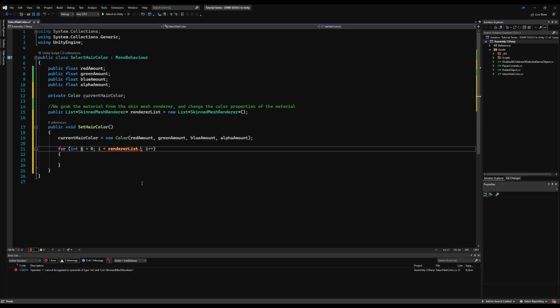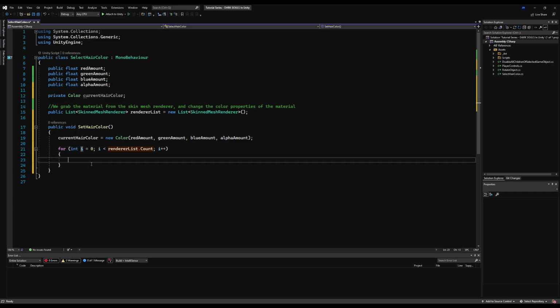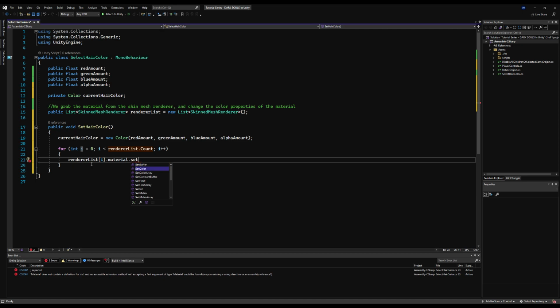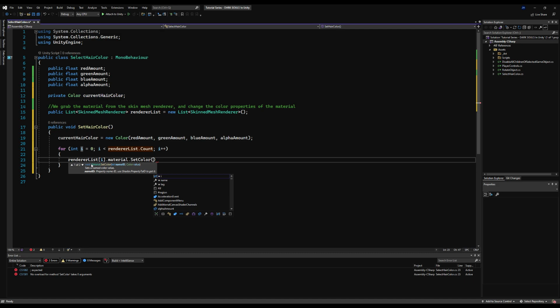So let's make a for loop, and we're going to go through everything in the render list. So for every item in the render list, you do that by saying renderlist.count. For every item in that render list, we're going to say renderlist[i].material, and that's how we reference the material. Dot SetColor, very simple. If you're using a Synty material, we can say _Color_Hair, which is, I believe, the proper reference for theirs, and then we will change that to